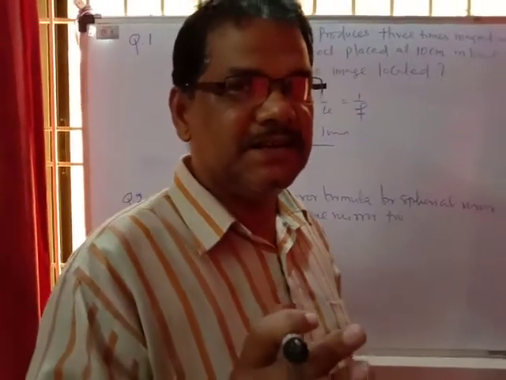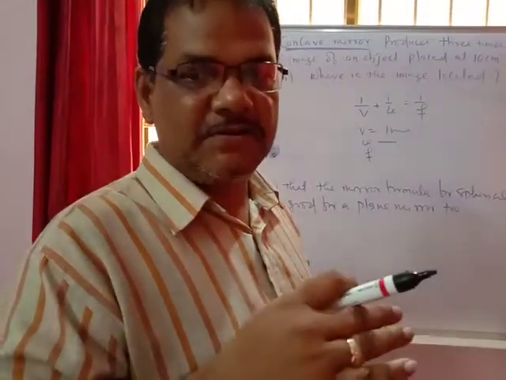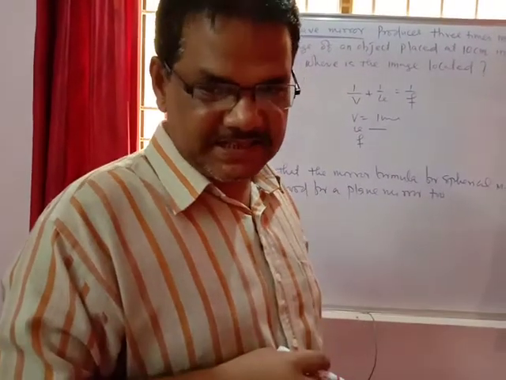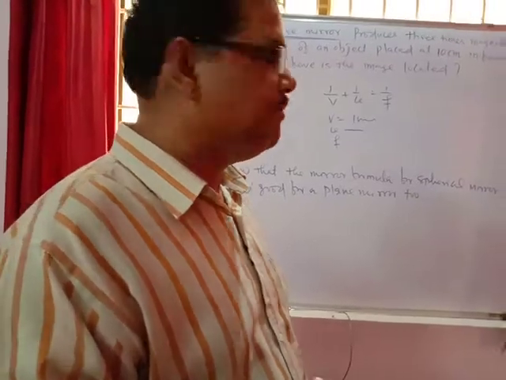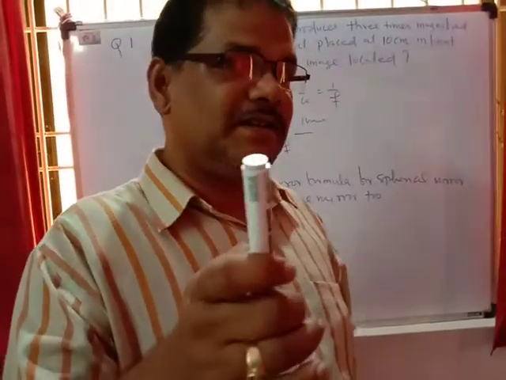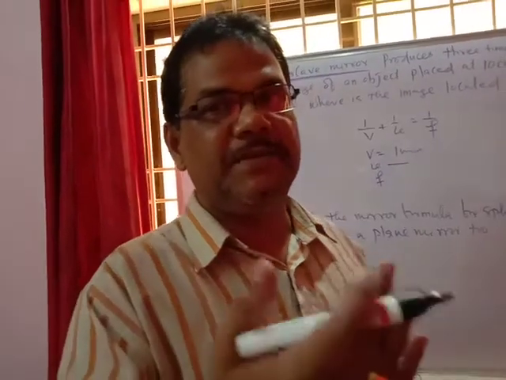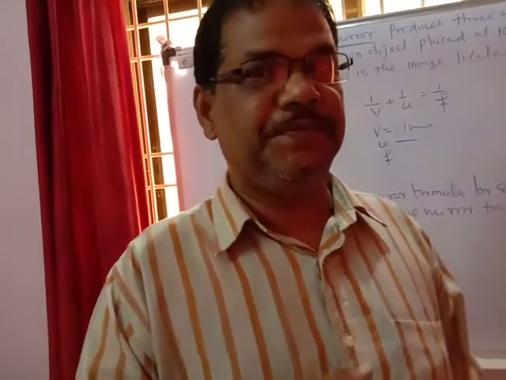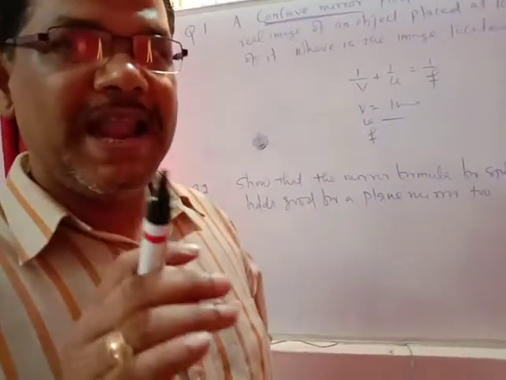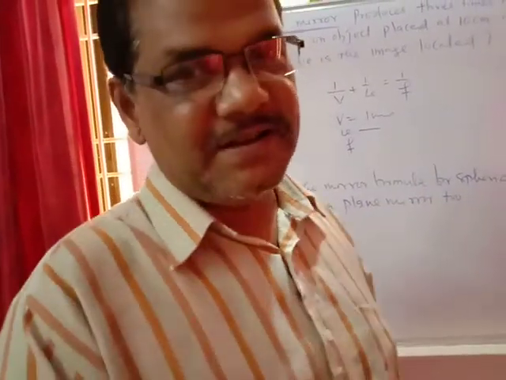Anything measured from the pole to the left side of the spherical mirror is considered negative, and to the right side of the mirror is taken as positive. Above the principal axis is positive, and below the principal axis is negative. So if the object is placed on the left side of the mirror, the object distance is always negative. If an image is formed on the right side of the mirror, it is always positive. For a concave mirror, the focal length is on the left side, so it is taken negative. For a convex mirror, the focal length is on the right side of the mirror, so it is always positive.